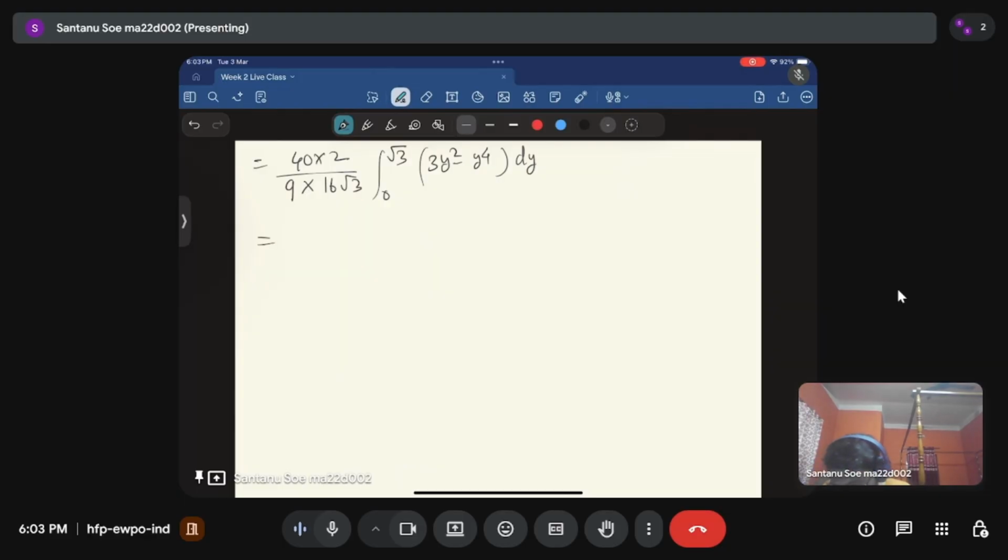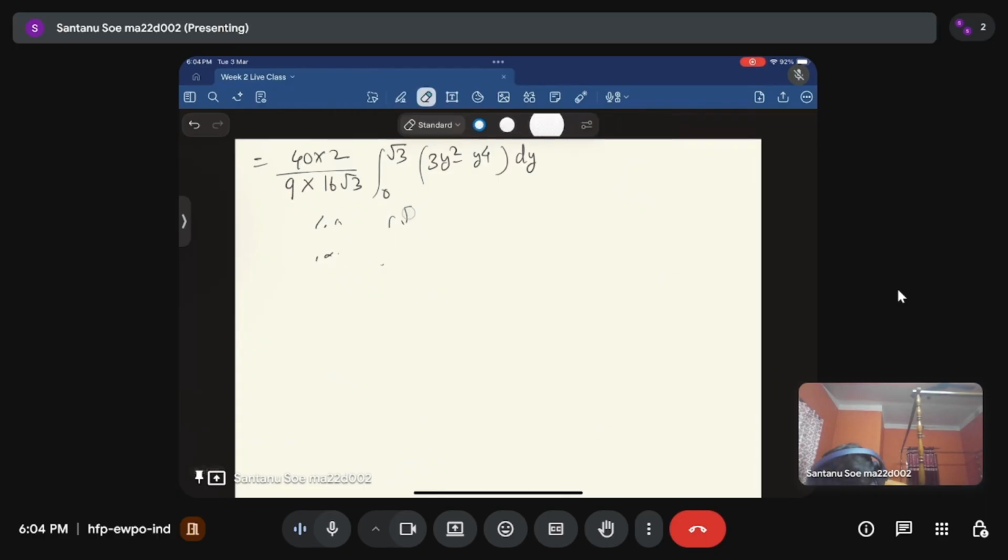So this is going to be 40 by 72 root 3, from 0 to root 3,